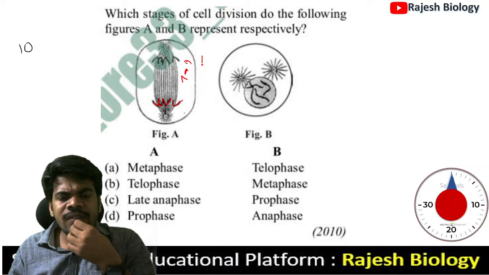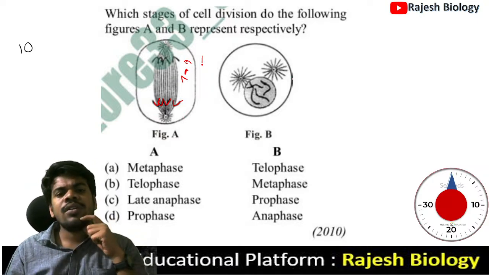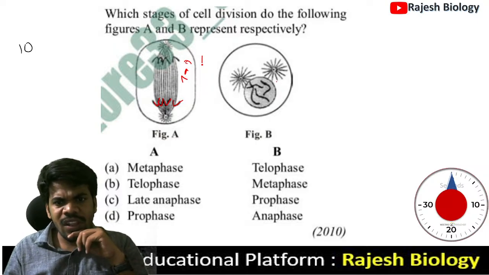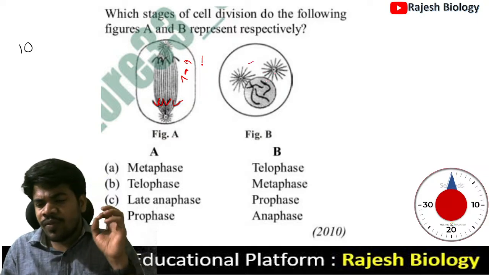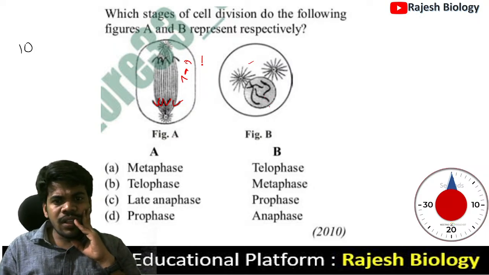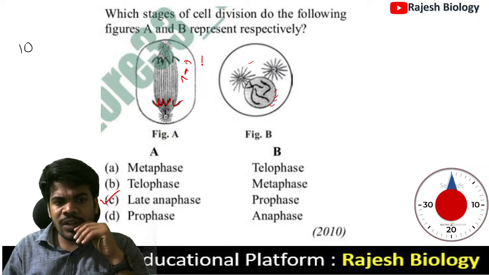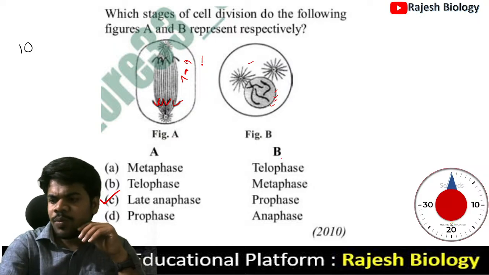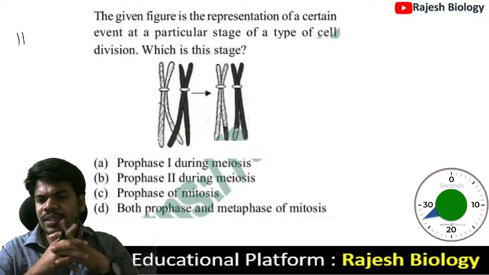And in which phase can we observe that the centrioles are going to form the fibers, and the nuclear membrane is going to disappear gradually? So the first one is late anaphase, another one is prophase, right? Next,